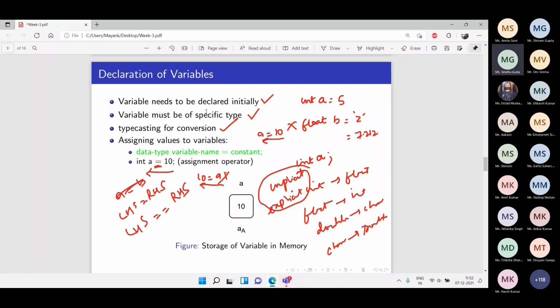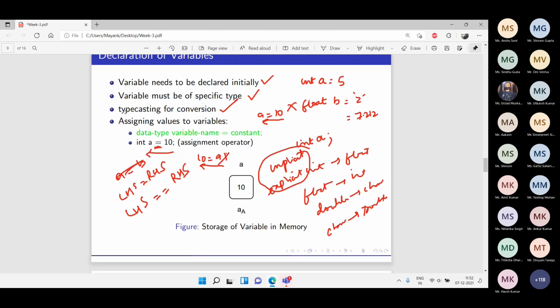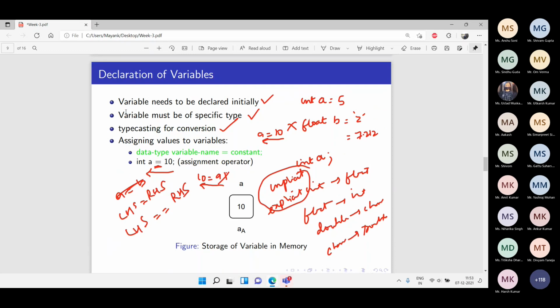Sir, can't we assign words instead of numbers to variables? Yes, we can do that. Practice that. We haven't yet come to a program. We'll be coming to the program in the next class. Making the first program may be a bit tough for some people, but easy for others. But it will be good practice when we come to do a program and write something. All those issues will be resolved. And even after that, if you have some issue, try it in the program. Like, okay, can we assign this? Can we assign that? Is the compiler giving an error, or is it not giving an error?